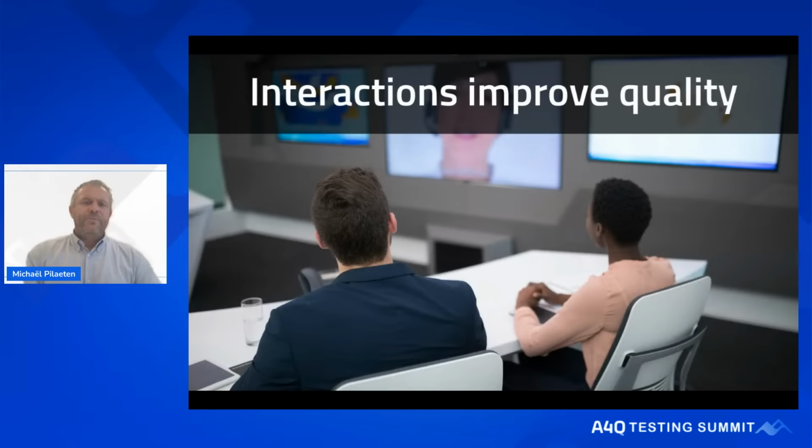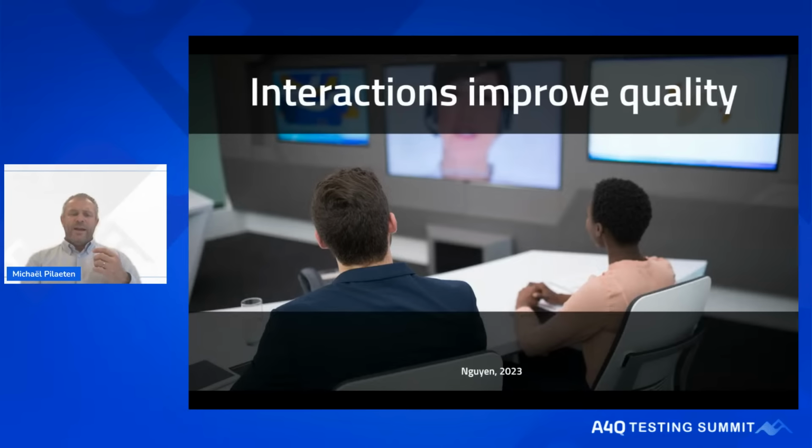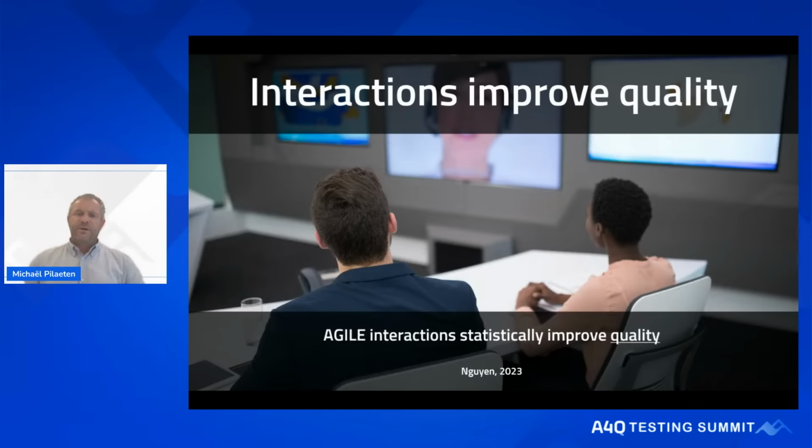The final study is from Springer Nature. It is based on literature on agility in software and its relationship with organizational performance. They use a set of more than 200 studies ranging from the 2000s to last year. What does the study say? Well, that agile practices that promote team interaction, stand-ups, feedback loops, have a statistically significant positive effect on quality. So the more interactions you have, the better quality of software you will create.